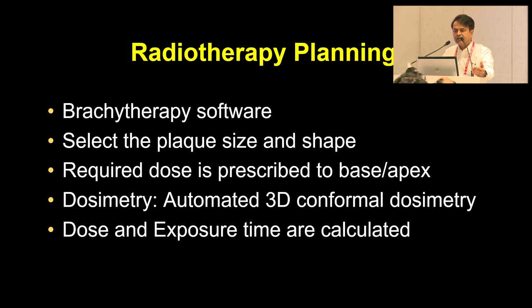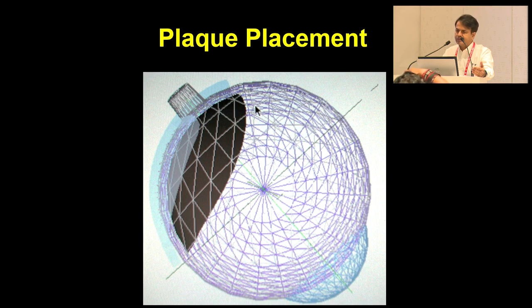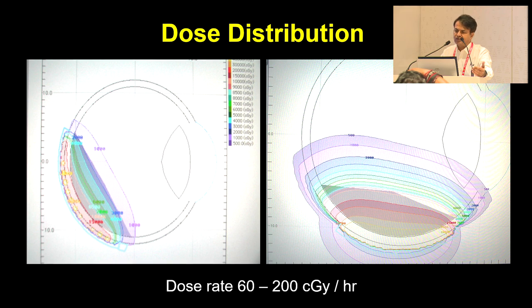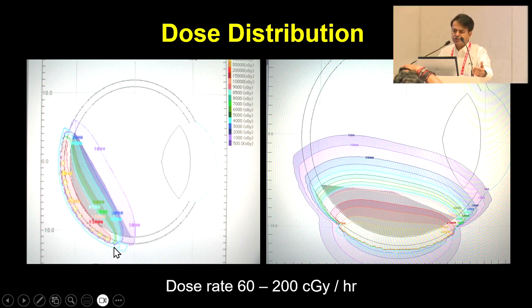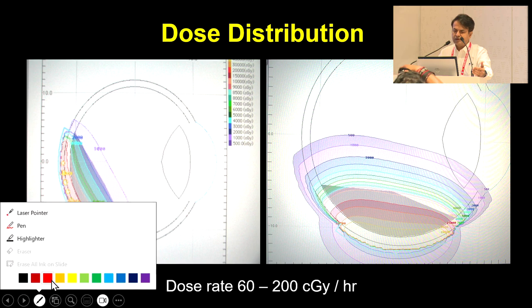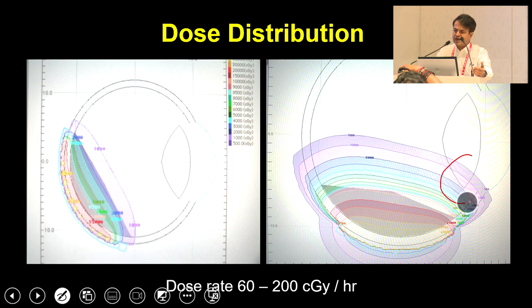Then a 3D automated conformal dosimetry software takes over. It gives you the dose and the exposure time. It also tells you about the plaque placement if you have inputted the axial length and the corneal diameter into the software. And those are the isodose curves that the radiation oncologist or a physicist is going to give us, with which you know the dose to the lens, and you can predict the onset of a cataract, at what portion of the lens the cataract would be if it is selective,